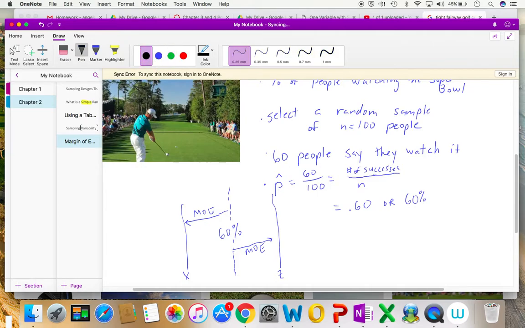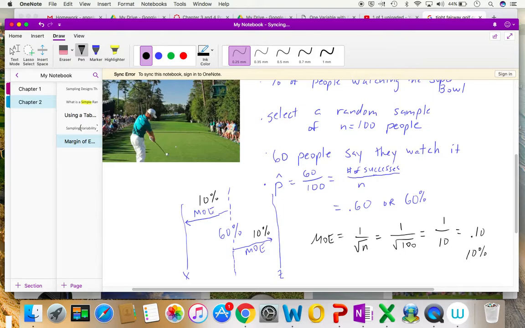All right, so margin of error is 1 over the square root of n, which is equal to 1 over the square root of 100. Notice we picked a nice, easy, perfect square to work with. Square root of 100 is 10. So my margin of error in this case is 0.10. And again, I like using percentages, so we can convert that 0.1 to 10%. Okay, so I can go 10% this way.